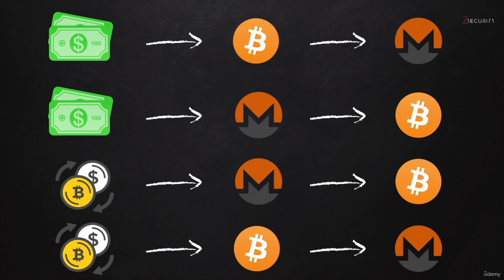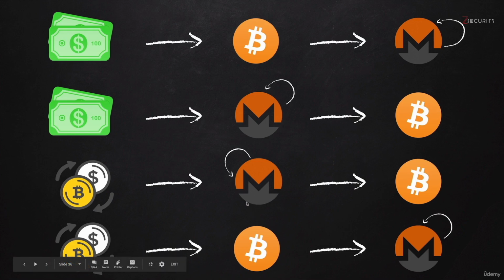Now, to go even one step further and become very, very anonymous, you can use what's known as churning. Basically, whenever money arrives into a Monero wallet, you can transfer it between multiple Monero wallets before sending it to another place or before converting it to another currency, or you can literally send the money to the same wallet. Again, with Monero, sender and receiver are not linked, so every time you send money from one address to another, even if you're sending it to the same wallet, that increases the distance between the wallet and the source of the funds, therefore making it very, very difficult to trace.